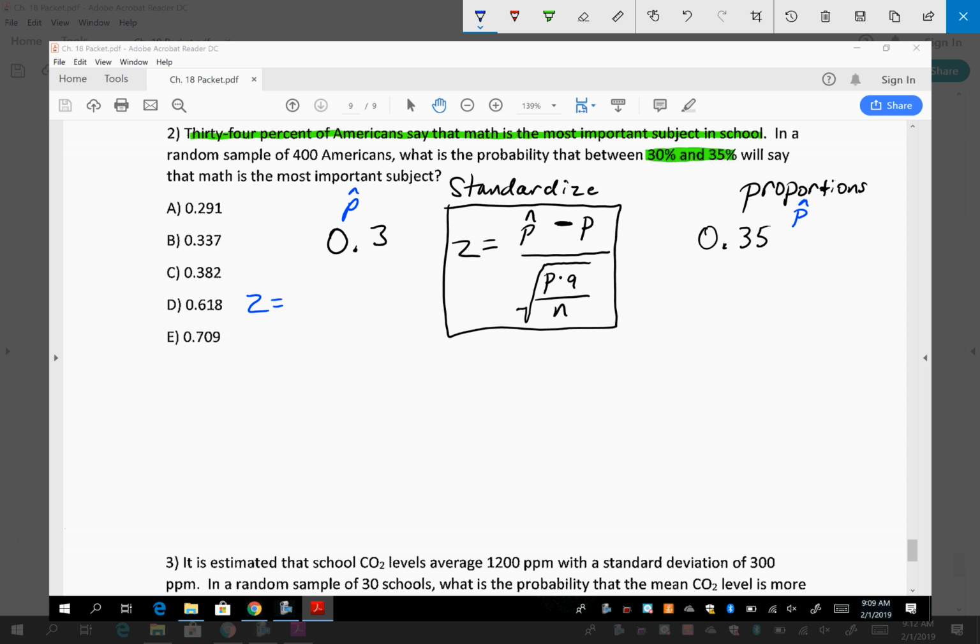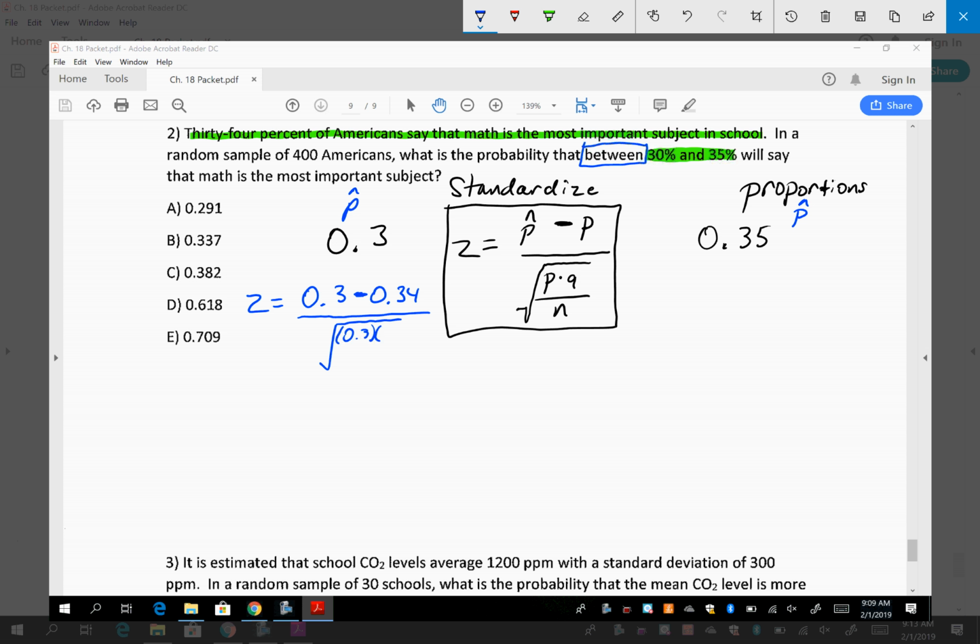So that's going to be 0.3 minus, what's my population proportion? 34%, so 0.34 over, these are separate things. We need to find two of them, one for 30 and one for 35. Because remember it says between. If it says between, that means I need to find the area in between these two values, which your z-score calculator will do. Over the square root of